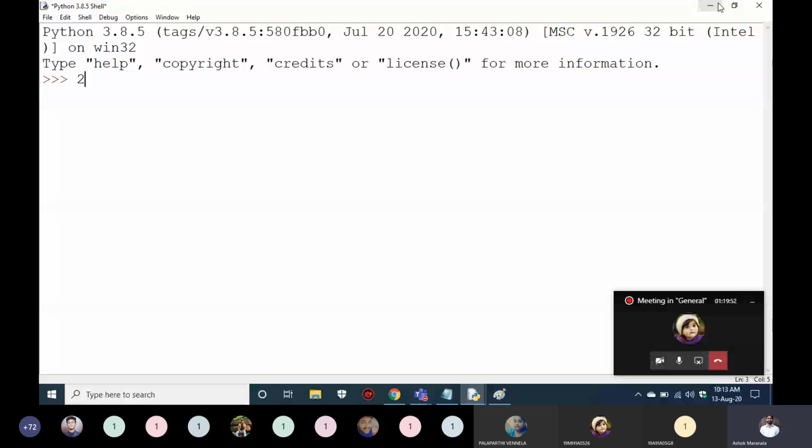Since that program exists, your mind is checking: 2 mod 2 equal to 0, then it is an even number. If I give 3, 3 mod 2 not equal to 0, so this is odd. My program is checking, my program is getting compiled. In the same way, you have to program your computer.